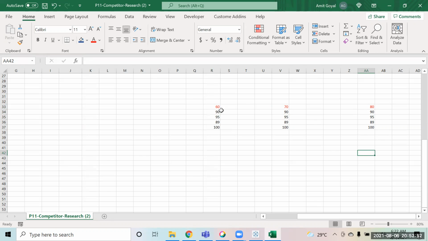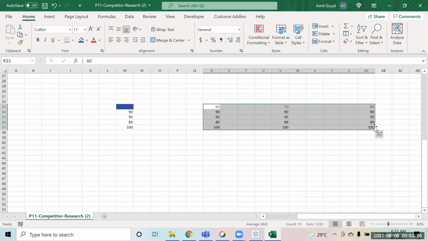Like when I gave you this same thing previously, I gave you this data and I asked, is there any outlier? You were able to tell that yes, 2 is an outlier, correct? Yes. But now I have given you these three data sets over here. Now my question is, are all these three data sets okay? Or can I say that in one of the sets there is an outlier?